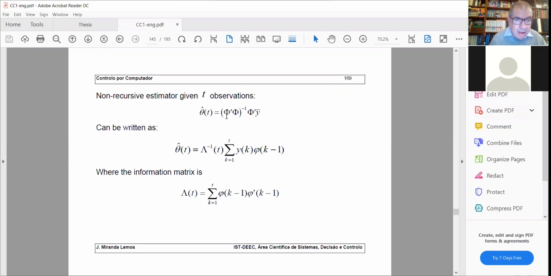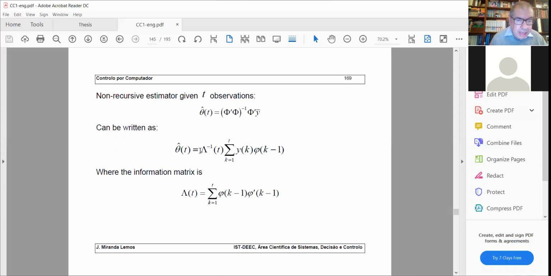Okay, so I have Phi transposed Phi inverted, and I have then Phi transposed y bar, and Phi transposed y bar, it's not difficult to see, is made of a summation of k from 1 to t of y_k phi_{k-1}. Okay, and furthermore,